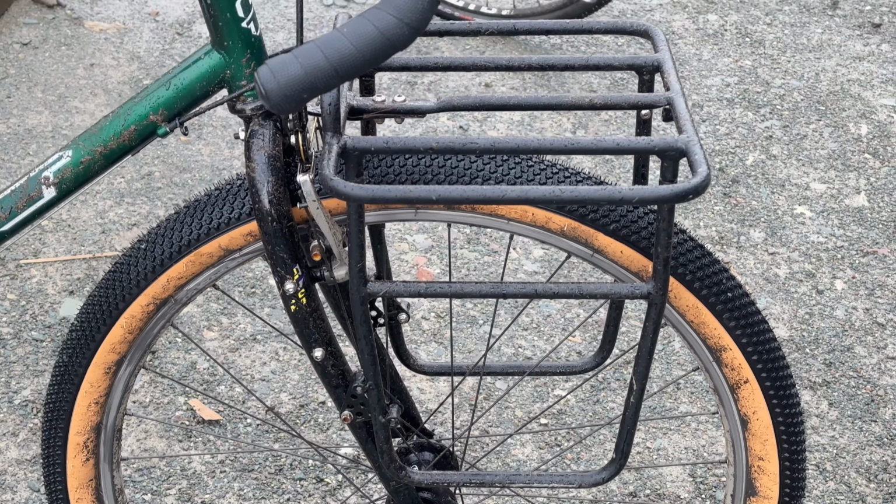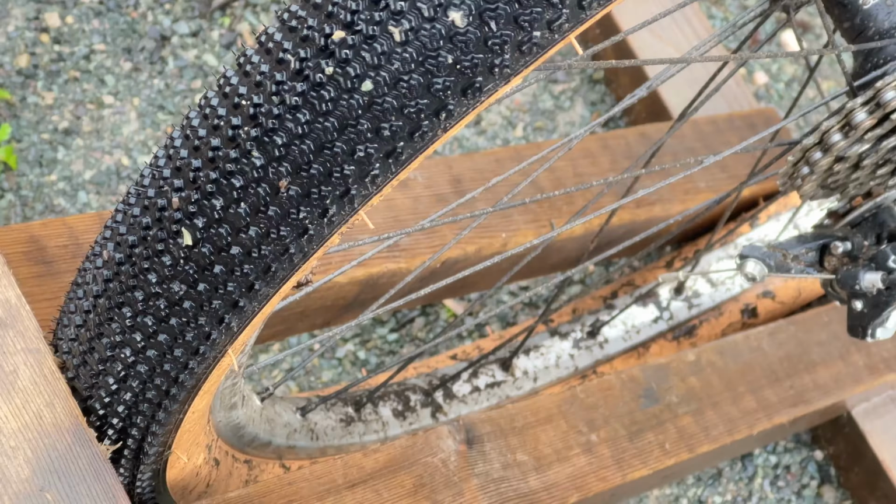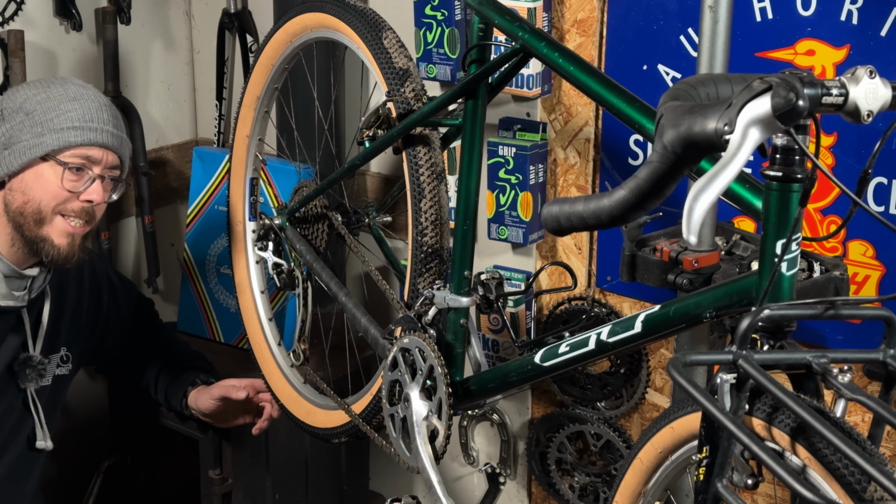In this episode, we're going to be talking about 26s. More importantly, 26er tan wall tyres and how they're a dying breed. But rather than just moaning about how you can't get them, we're going to talk about what I think might be a bargain option, because here at Downhill Smooth Tarmac, we are the home of budget conscious cycling. So that's right, in this episode we're going to talk about budget tyres of the tan wall variety